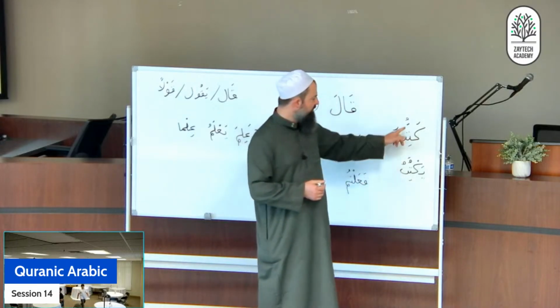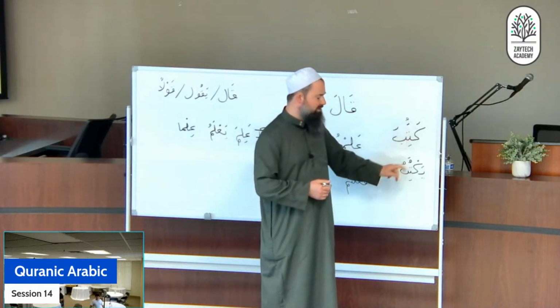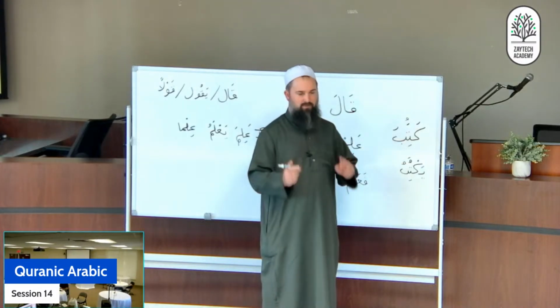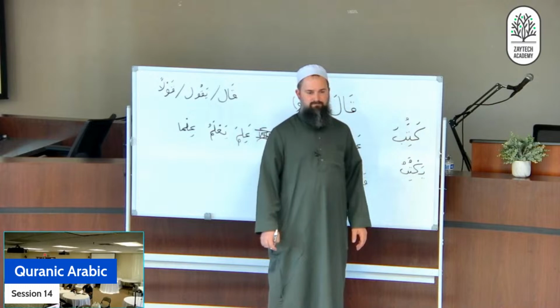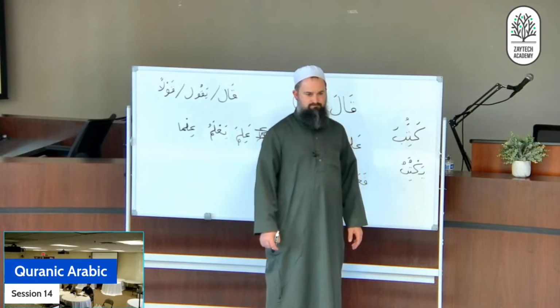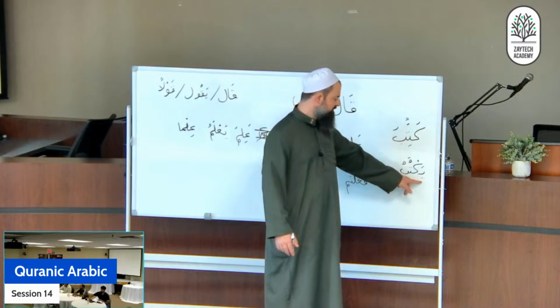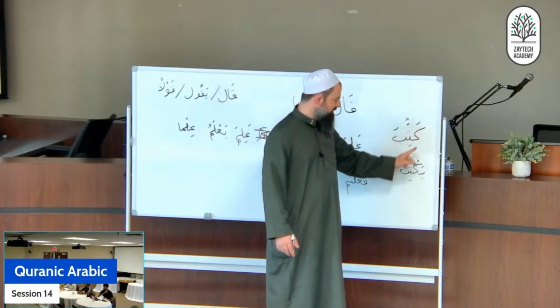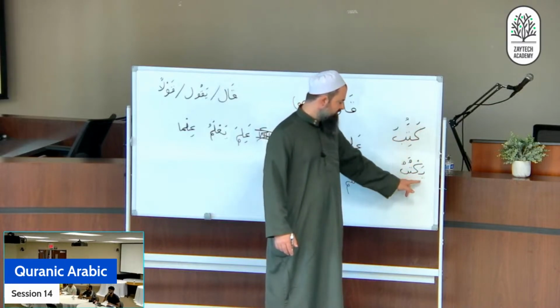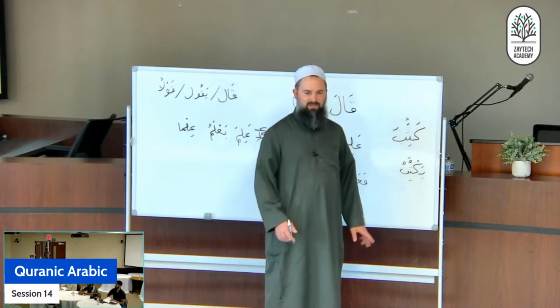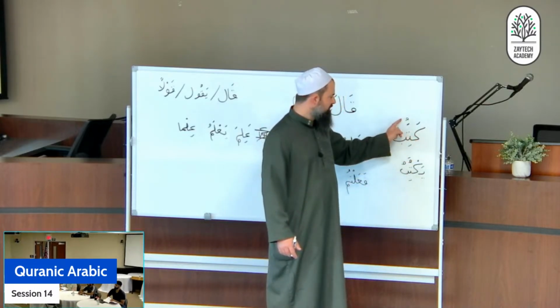If you have a dhamma in the past, you always have a dhamma in the present. So that eliminates 2. You have to put past and present together. And that 6 forms is because of the haraka on the second letter. The ya is always there. So this fatha here is fixed. That fatha there is fixed. This is fixed. That's fixed. It's just this middle letter, and that middle letter has 3 variables in the past.